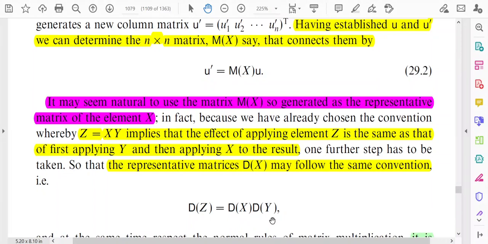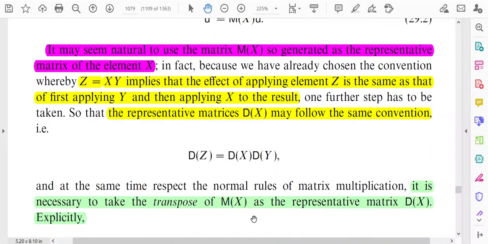Now, as we have mentioned that the group multiplication table of group G will follow this particular relation, that is z is equal to x into y. So, the representative matrices which we are going to find, they will also follow the same type of product rule, that is here it is z, so it will be dz, and in the right side as it is x multiplied by y, it will be dx into dy. So this is the concept of the representative matrix which we are going to find out.